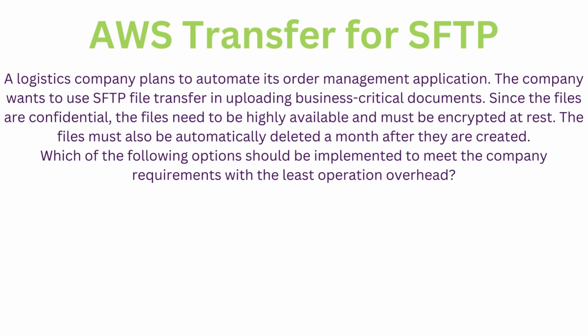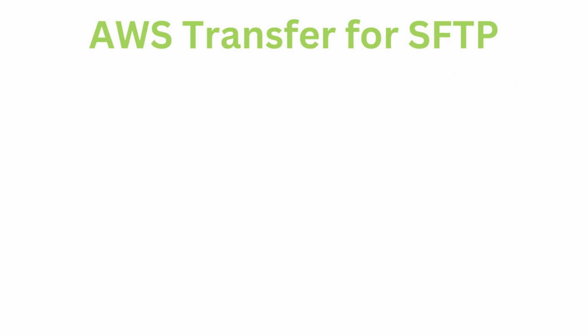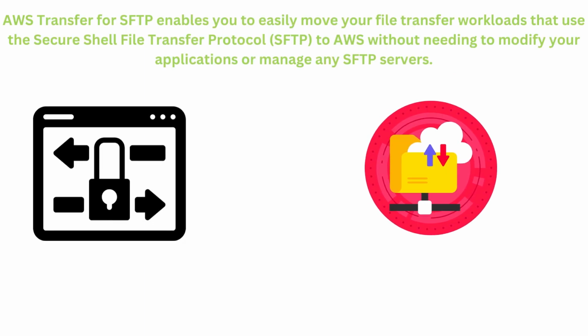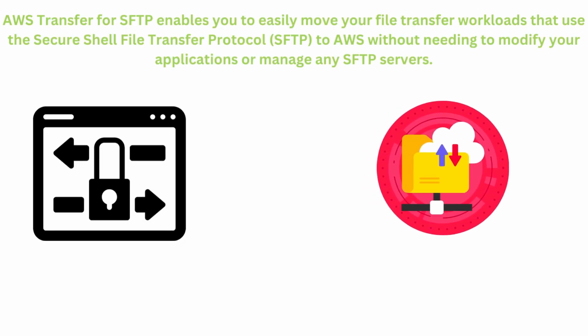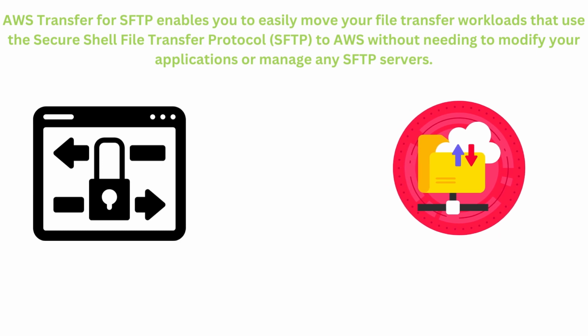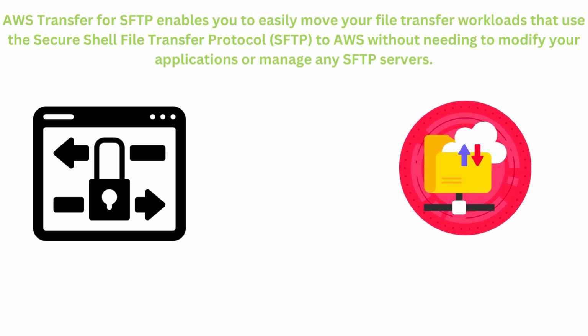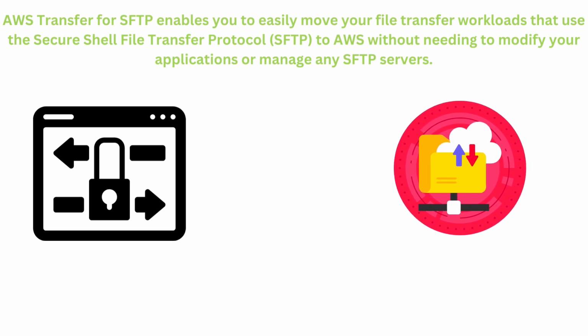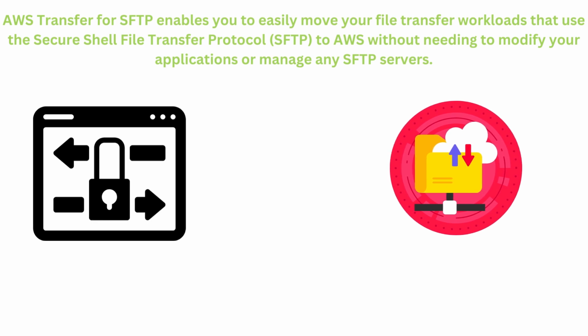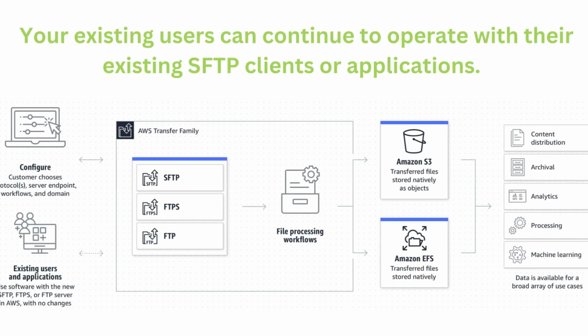operation overhead. So we have one very specific concept like AWS Transfer for SFTP. It enables you to easily move your file transfer workload that uses the Secure Shell File Transfer Protocol to Amazon without needing to modify applications or manage any SFTP servers. To get started with AWS Transfer for SFTP, we can create an SFTP server and map our domain to